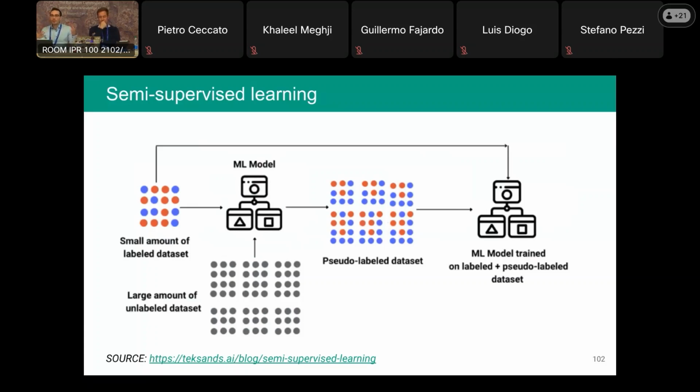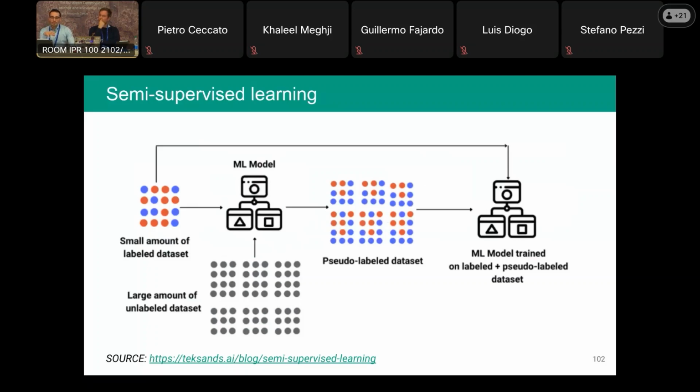And you can do that iteratively up until some saturation of the performance. Because of course, it's very rare that you reach the same performance as if all of this was manually, properly cleaned, annotated data. But still, it allows you to leverage a large amount of unlabeled data, which is very interesting. And another part of semi-supervised, if you include a human in the loop, so you could include, for instance, someone to check a few of those annotations,